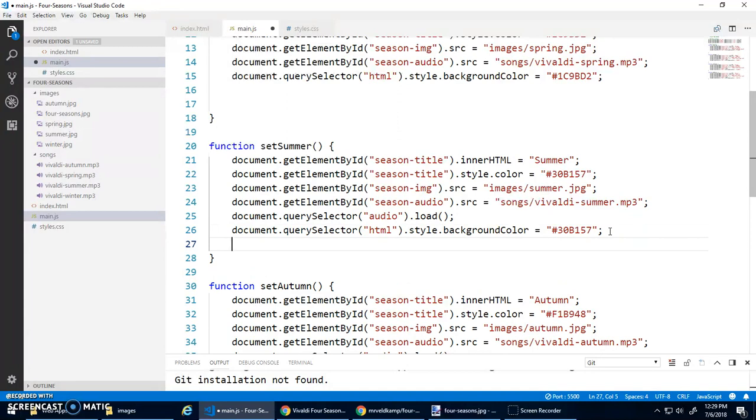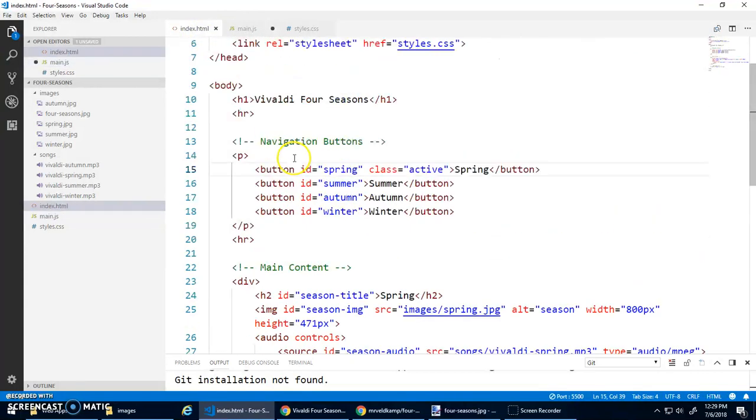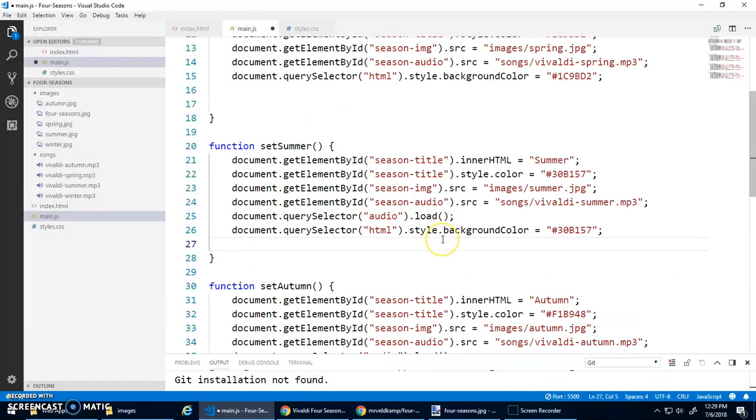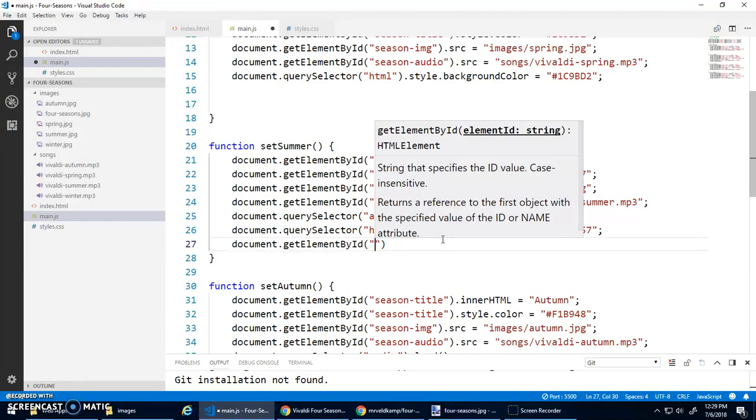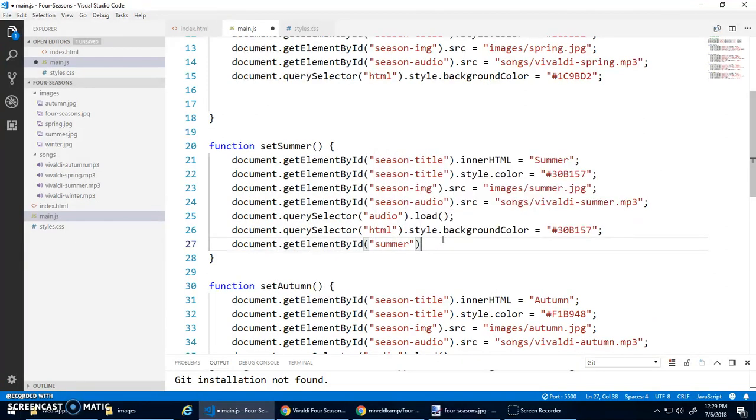Let's start with, what do I do again? I need to select this element. So let's go to our HTML and think, oh yeah, these buttons have these IDs. Cool. So I need to go document.getElementById, and summer, so that'll get the button, and then